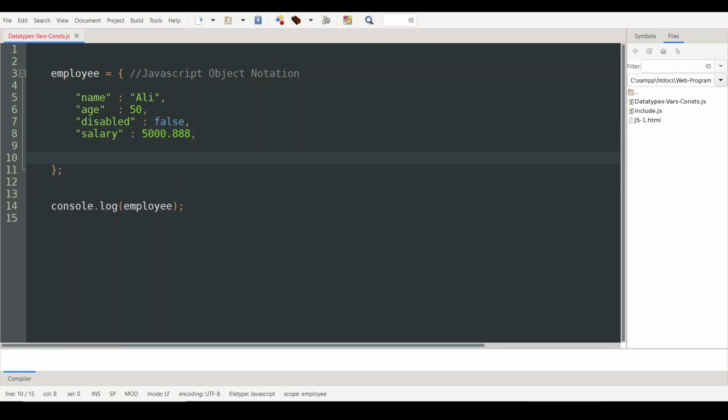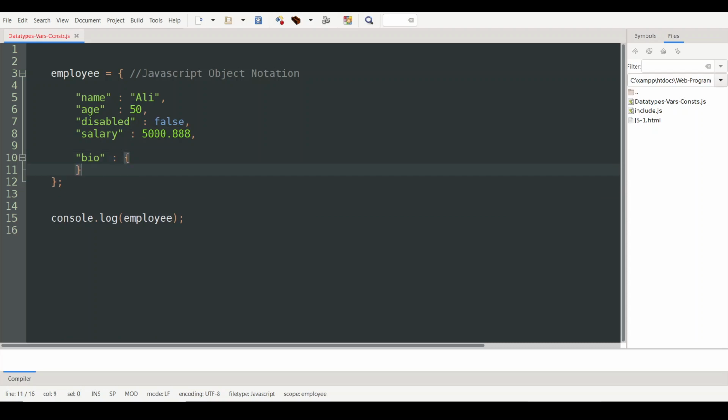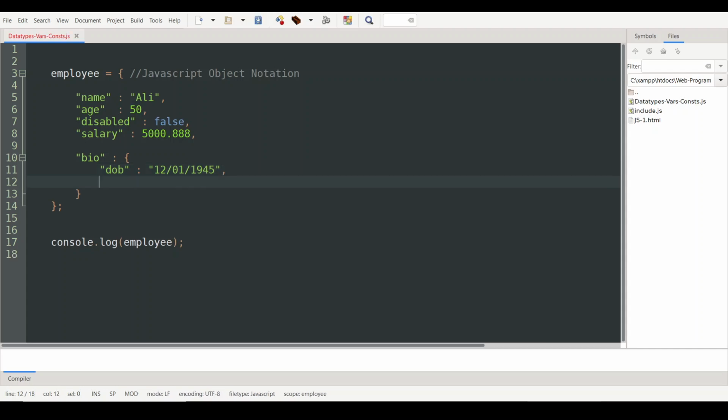And for example, you say, okay, this is biodata, which also needs to be given. And within that, you'll have to first supply a comma before creating any object. So, an object within an object. For example, you say, okay, what is the date of birth? For example, December 1, 1945. Okay? And the CNIC, national ID card number, for example, is something,